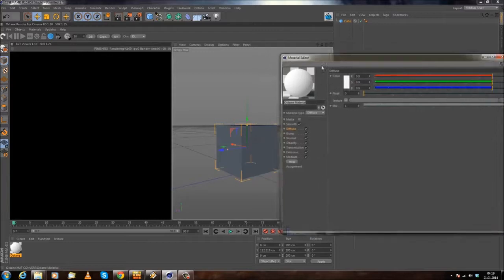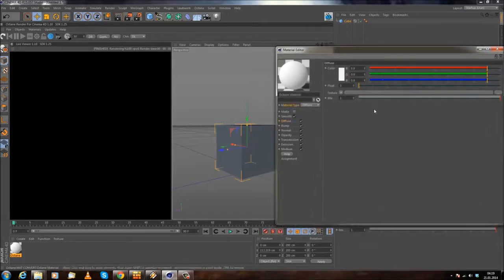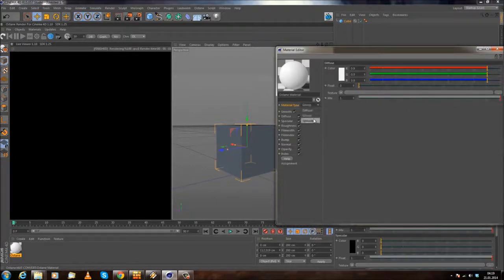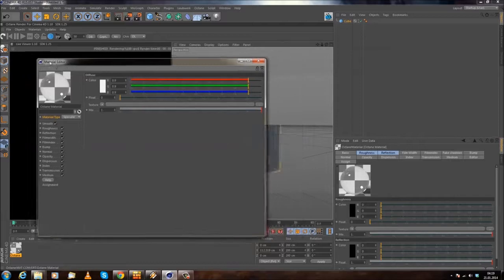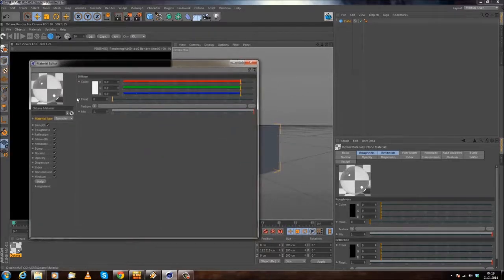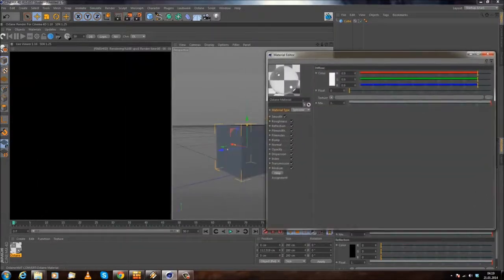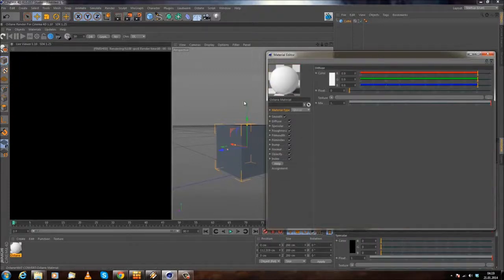Then let's just simply open it up. You have 3 different material types: you have diffuse, you have glossy, and then you have specular. And as you can see, specular is something like glass, diamonds, stuff like that. Glossy would be